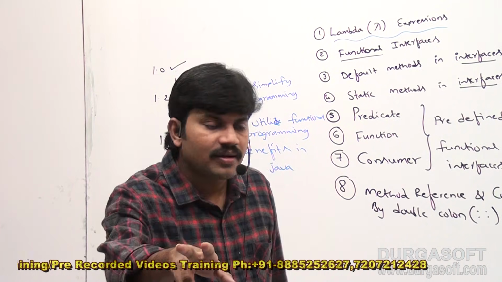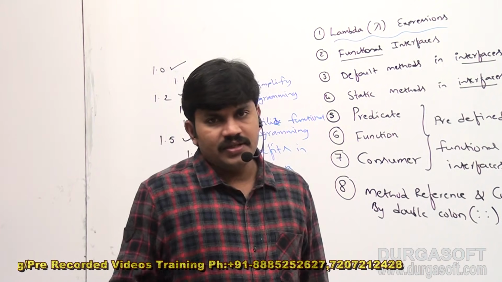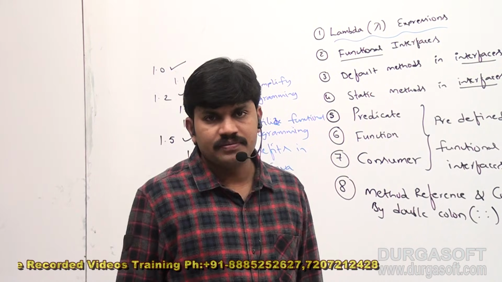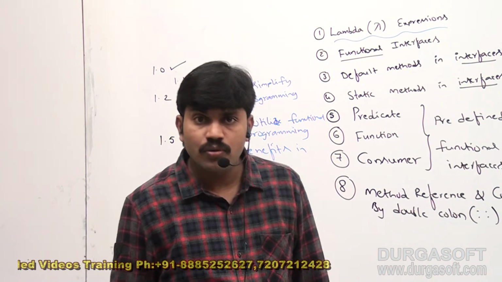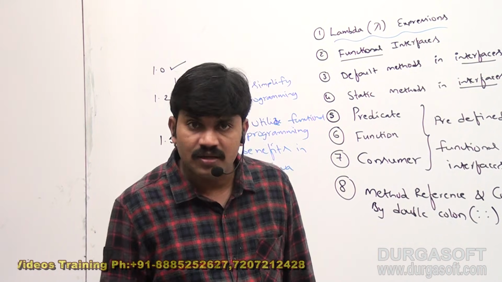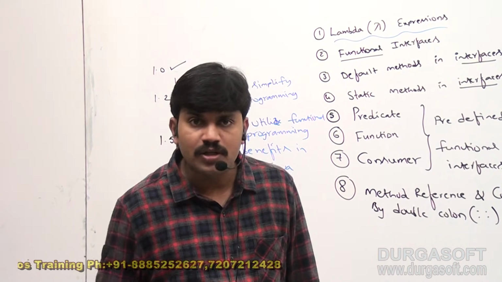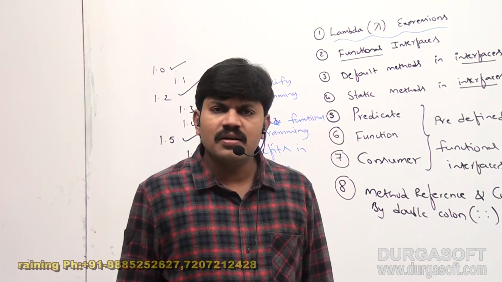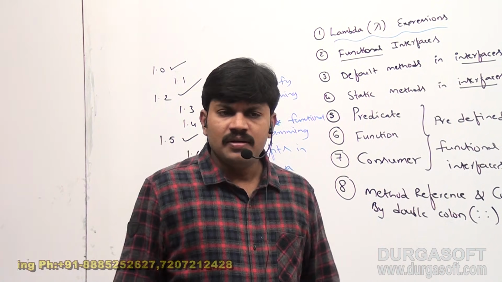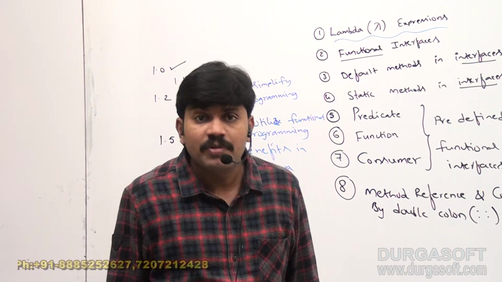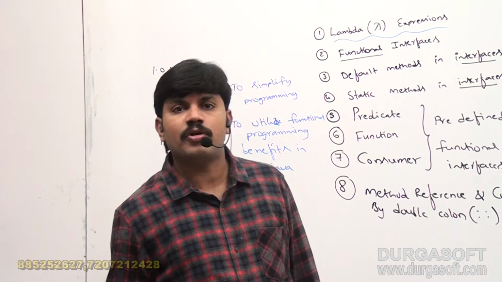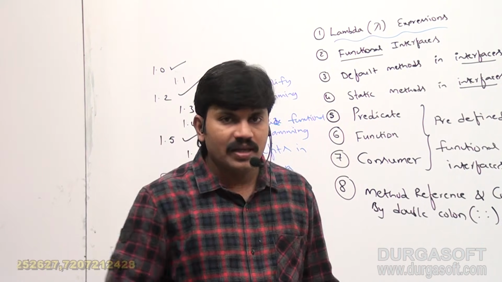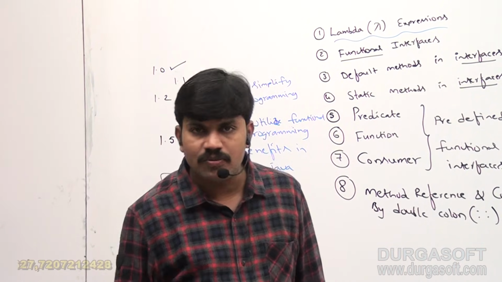What is the other main reason? These days, if you are buying a computer or laptop, taking dual core or octa core is very common, sir. Dual core, octa core, multi-core processors. But Java was not utilizing the benefits of multi-core parallel processing. Are you getting it? The earlier versions of Java are not that compatible, right?